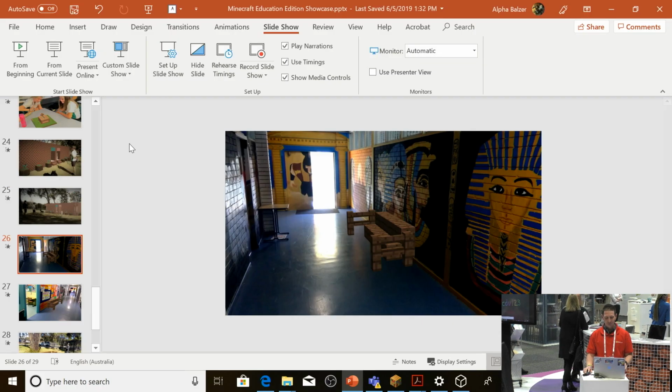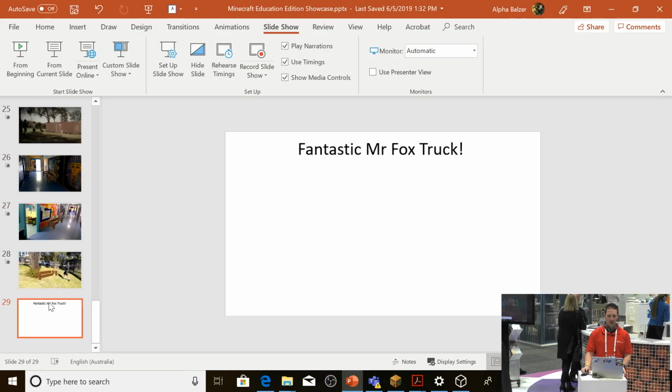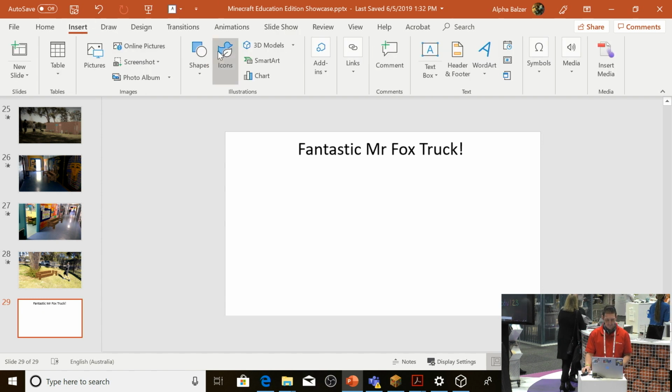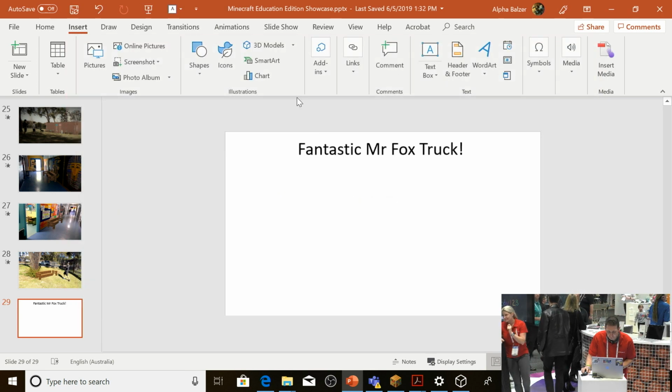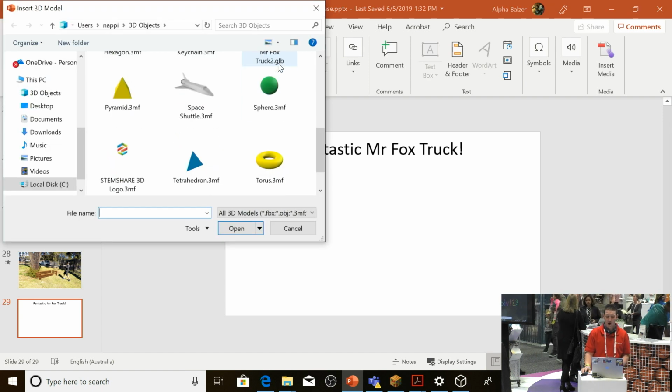So there's some benches that we put around the school. Let's open up this blank canvas in the interest of time. And I'm going to go insert, okay? And on insert, I'm going to look for my aspect of 3D model, okay? And then I'm going to, we're not connected to our internet, that's great. I'm going to insert from file, okay?